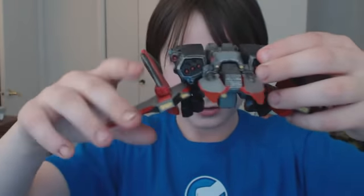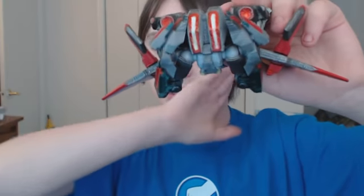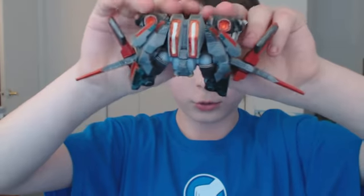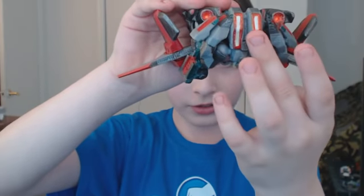This is our own custom thing. It actually asks you to change it a little bit. I'm not going to do it now, but the actual images on Thingiverse tell you to have it differently. But we thought that this looked cooler. We have the thrusters right there,